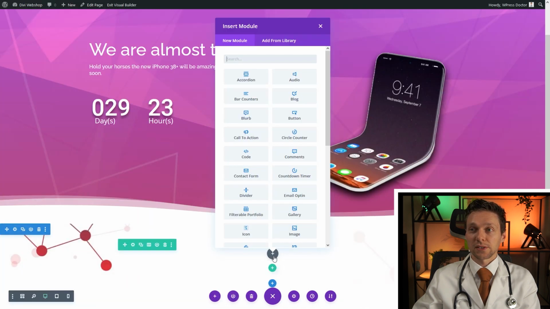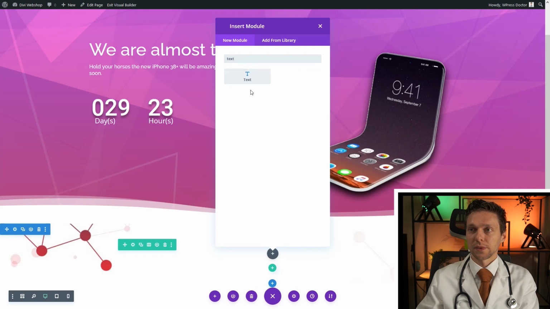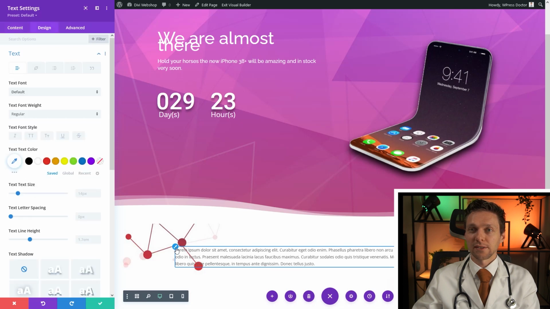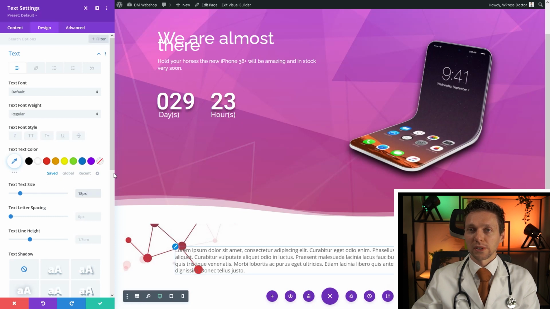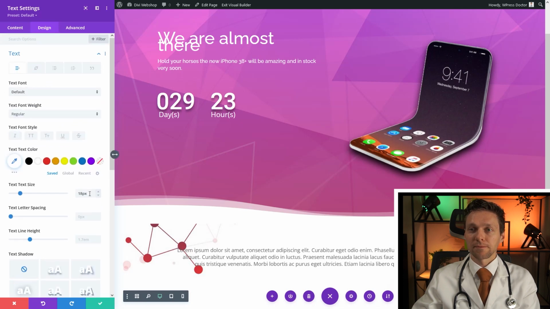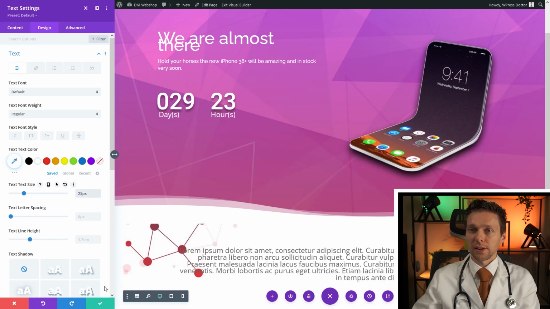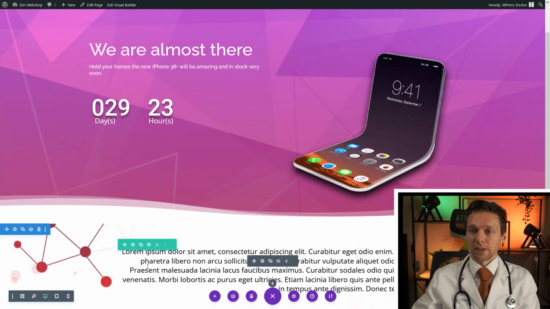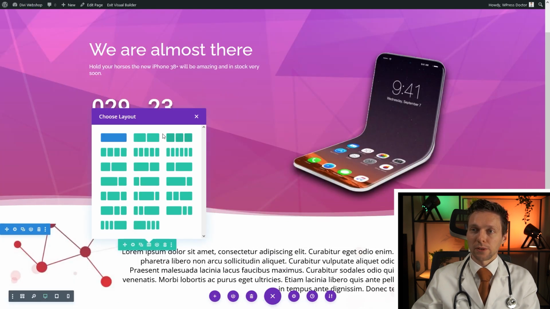Then we're going to add some little text module. Let's put in some fake text. We're going to style it, press on the icon. We're going to give it a size of 18 pixels. We're going to align it on the right side. We're going to make it a little bit more bigger. Let's change it to 25 pixels right there. Going to give it a black color. Let's change the text line height to 1.3. That's better. Press save. And we're going to this row. We're going to make it like this one.